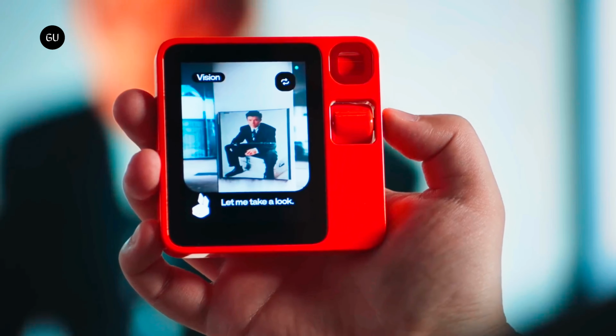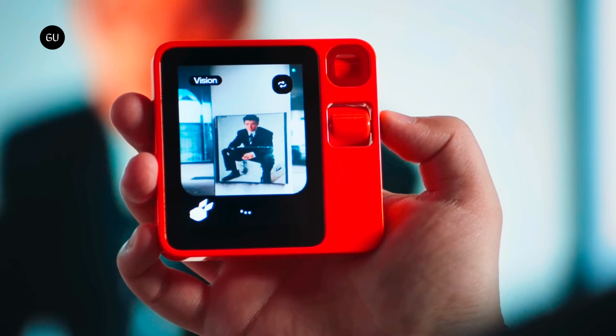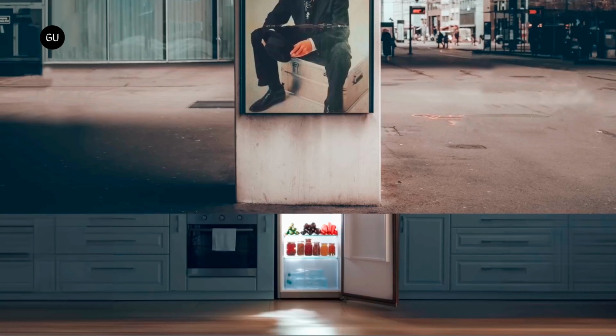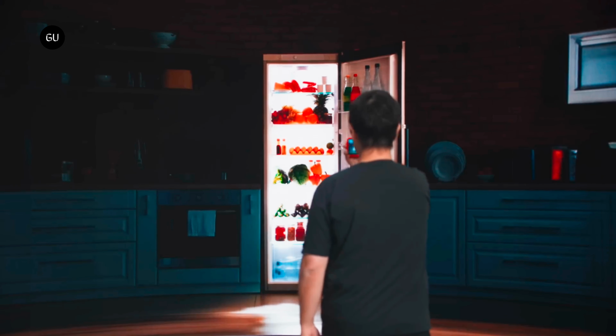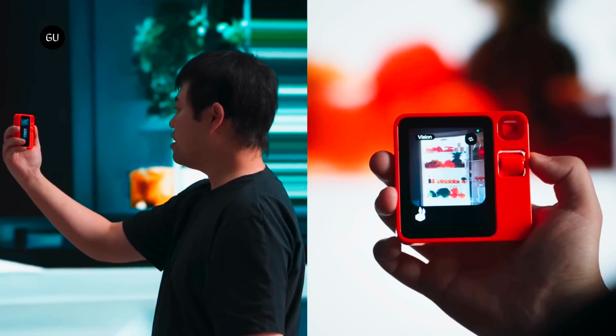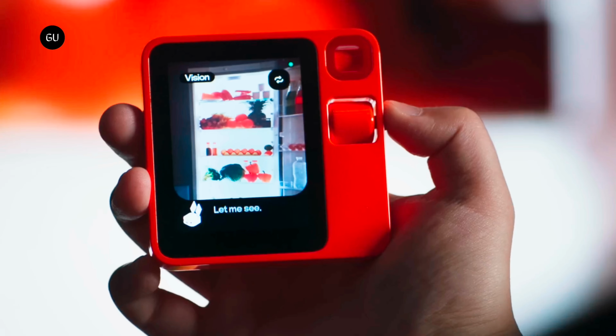This is all because of R1's LAM, which is designed to be adaptable, allowing it to learn and interact with new applications. This feature means that the device's capabilities can be expanded beyond pre-installed apps, adapting to various user interfaces and functionalities. This training aspect enhances the R1's utility, making it a versatile tool for a range of tasks and interactions. How this will work in practice is unclear, as the only working model that exists at this moment is